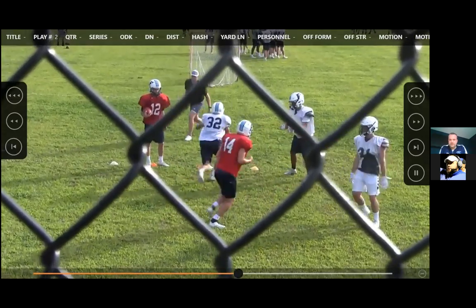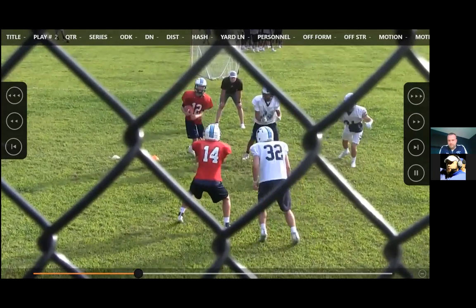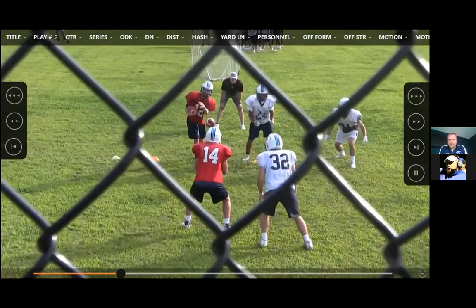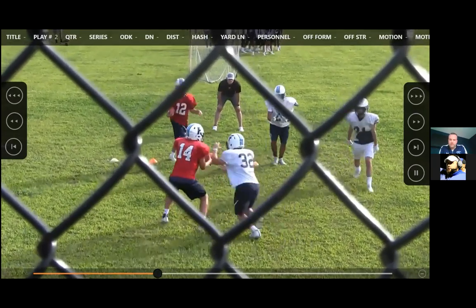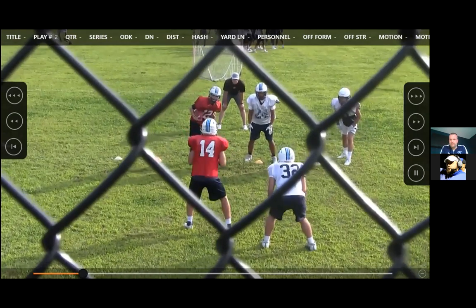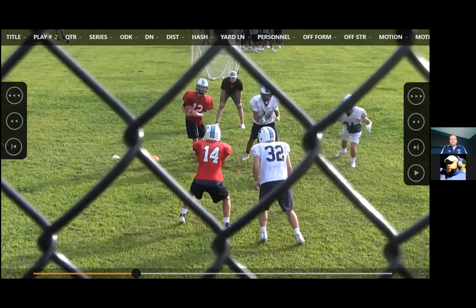This is actually really early in camp, but it's just a nice end zone shot of it, which we typically only get a press box view, which I don't think helps the clinic. And the way that we do this, we just call this our core drill. We don't call it mesh because we run a play called mesh, and oddly enough, that can get confusing. But just kind of what we're doing here is we want the quarterback to slide left because it's inside zone. We never bounce inside zone, so it's always A to A, then rolling it off the table back to B. So that's why the quarterback's moving there.